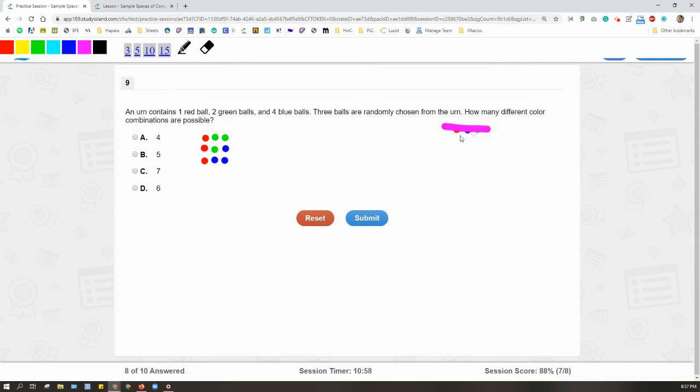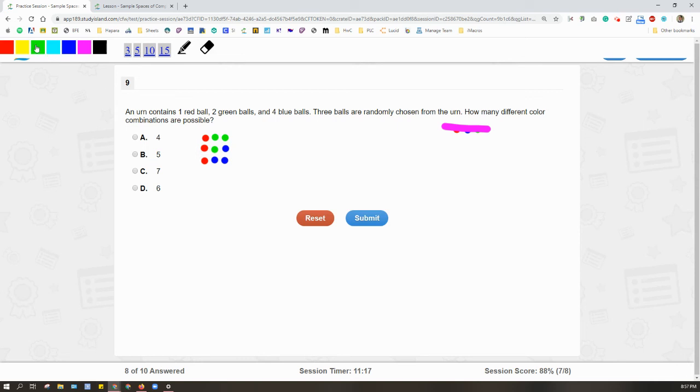So I'm not going to do that. I'm not going to use that option. Next, what else could we do? Could we pull out a red ball again? Well, let's see. We already had 1 red and 2 green. We already had 1 red, 1 green, and 1 blue. And we had 1 red and 2 blue. Are there any other options? The answer is no. So now we can list all the options that have nothing to do with a red